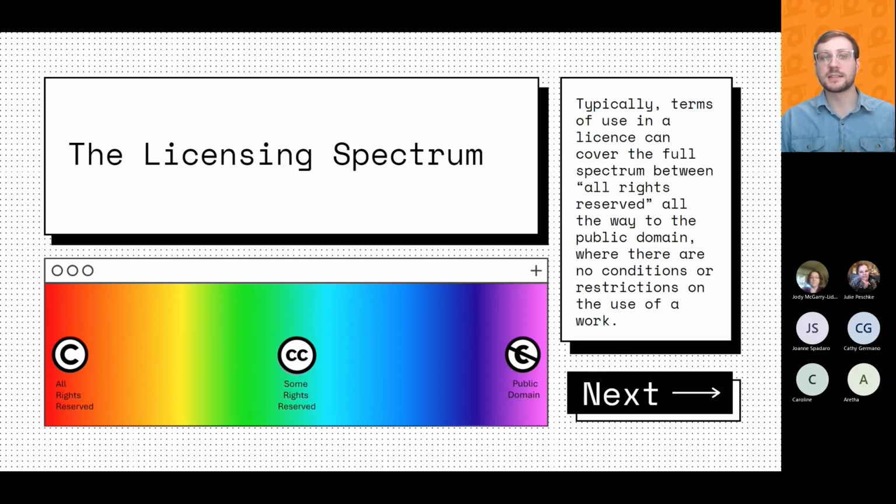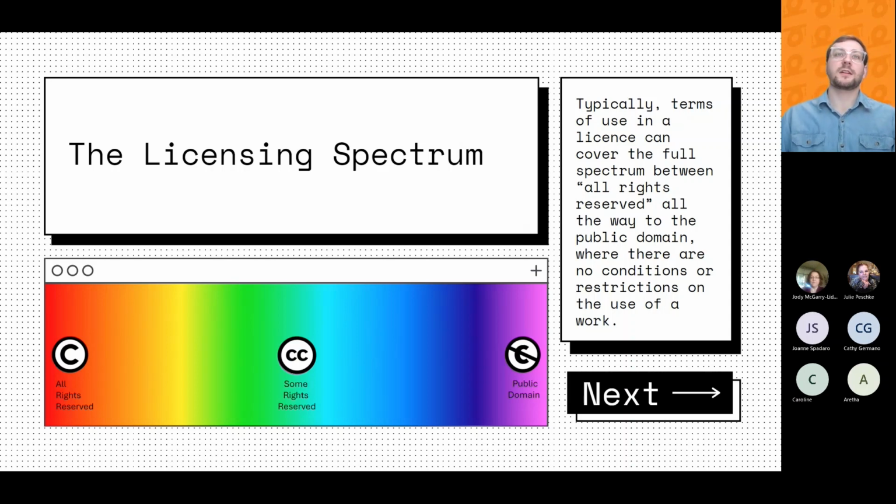It's a statement that indicates that there's no additional permissions given outside of what the law allows. One thing to note is that an employer might have a different definition of what counts as your work and your intellectual property, and we'll talk about that specifically in relation to AU in a moment.